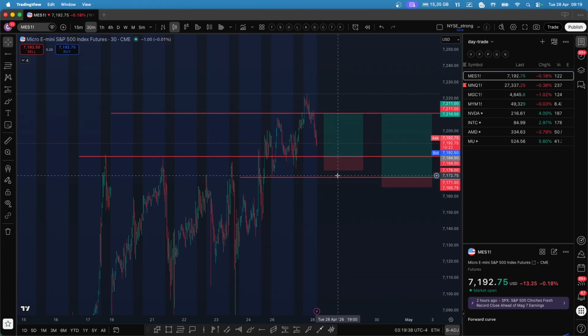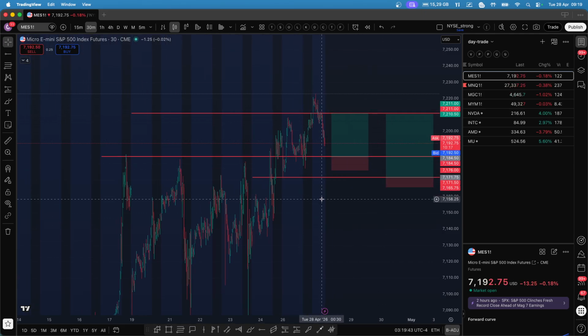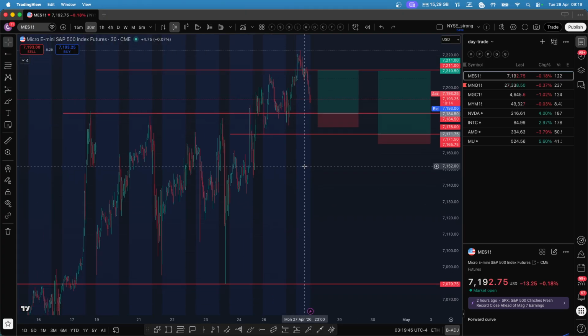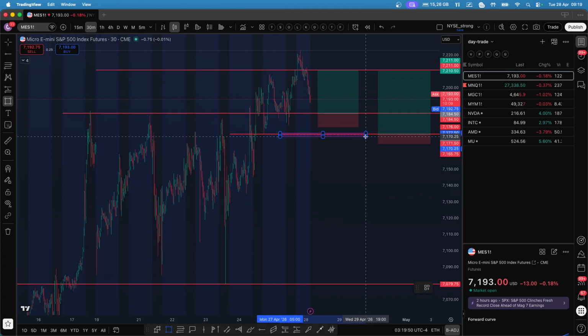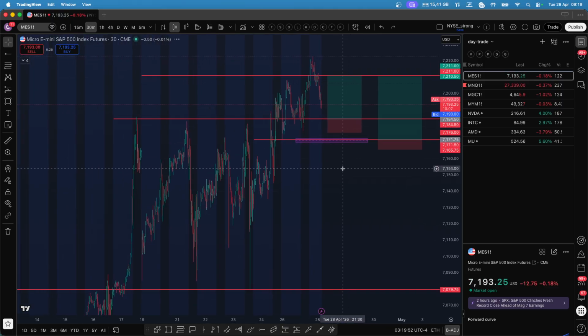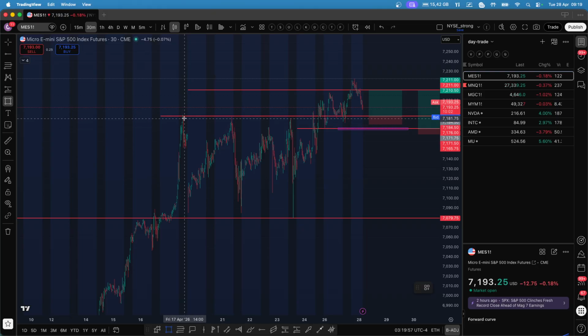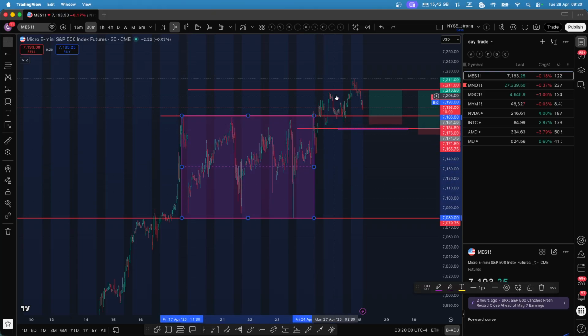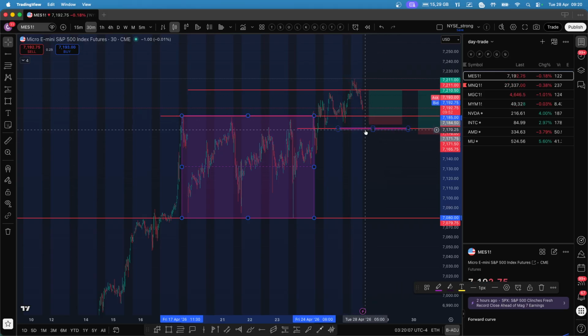So this idea is perfect for this kind of environment. And in case you want to short, I think below this level, 7170, I think it could be a good short, because if you see, we had this consolidation, we had a breakout, and ideally we should hold these levels, right? So this is a region we should hold. But in case we don't hold this level, I think price is likely going to rotate towards the downside.